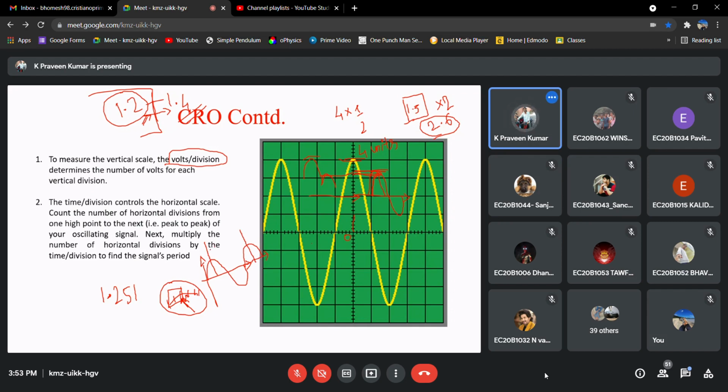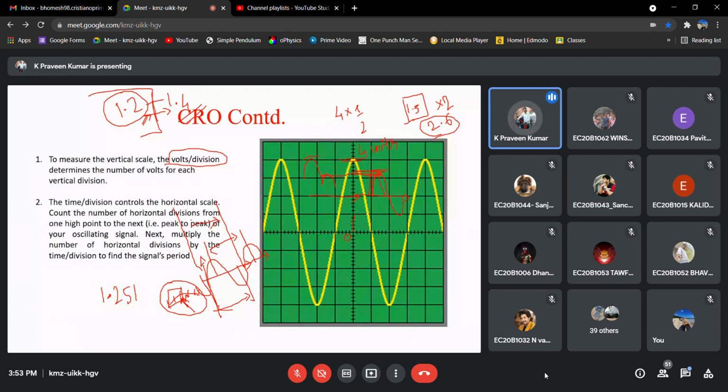So from here to here, or from here to here, or maybe here to here. All these you can take as a time period, right?